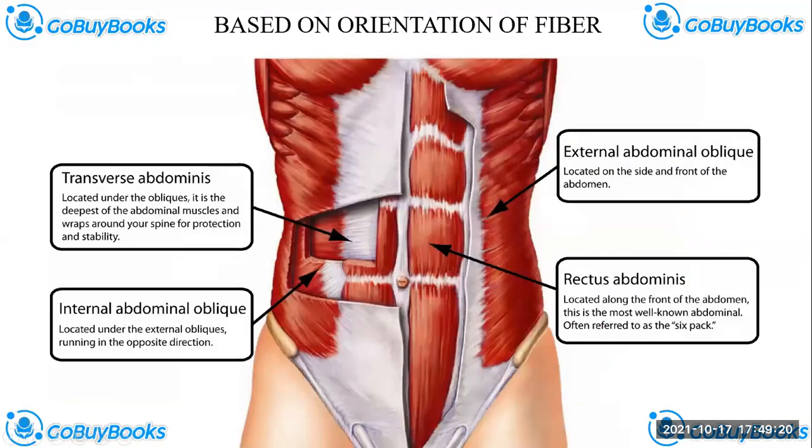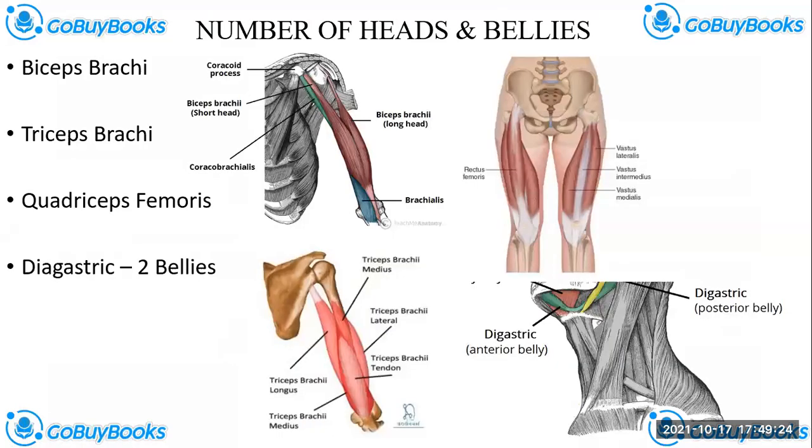Yeah. So if you understand, I don't think I need to explain this diagram again, but if you want me to, I can come back to it. So we've talked about naming based on shape, size, and fiber orientation. The other strategy the anatomists, our scientists, used to name muscles is